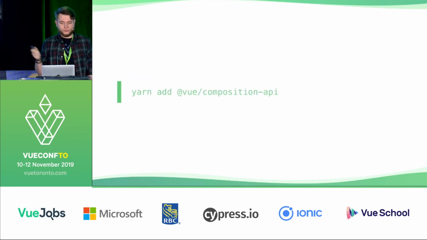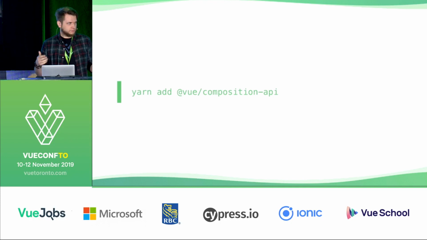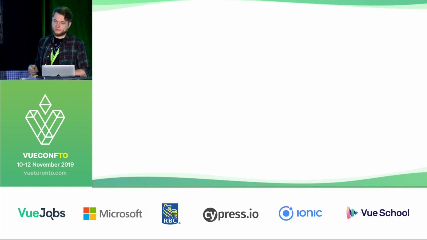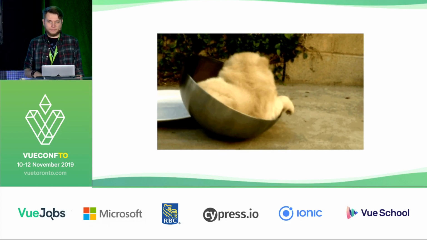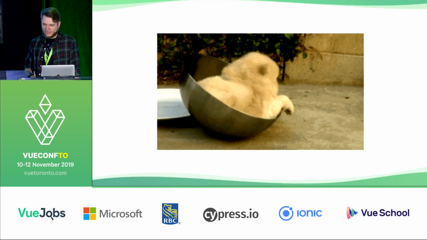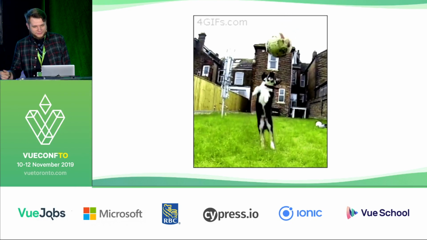So I added the Vue Composition API library, which enables us to use the Vue Composition API inside the current version of Vue. So it's pretty good to play with, experiment, and try to rewrite or make some changes to the library, and that's what I did. At first I was kind of confused, but then I read the documentation for the Composition API, and I was like, oh, I totally get it. That's easy, right? Except